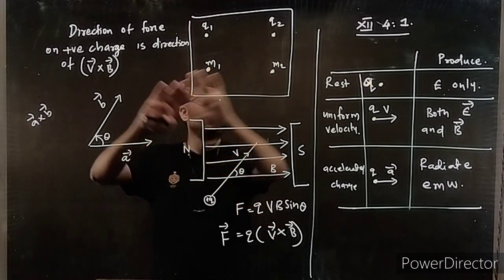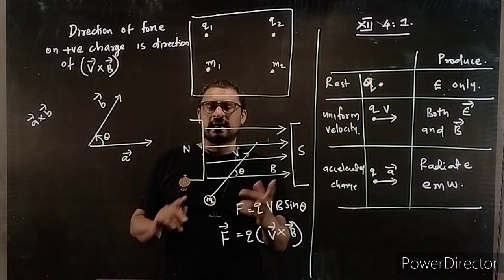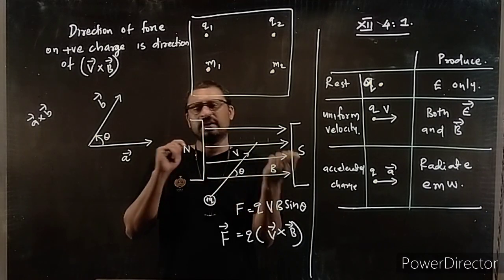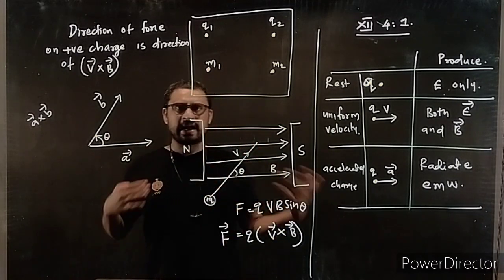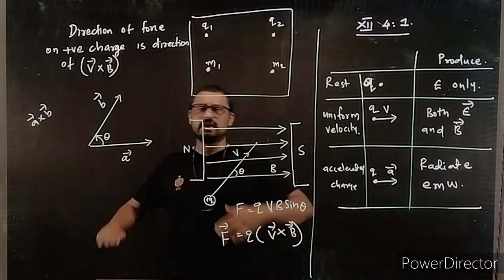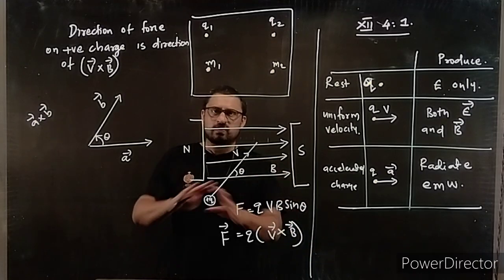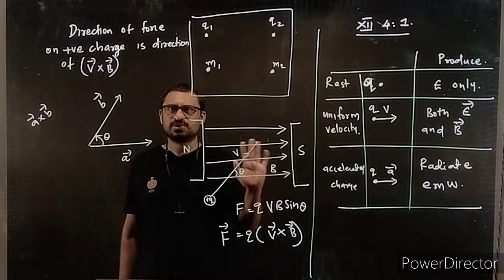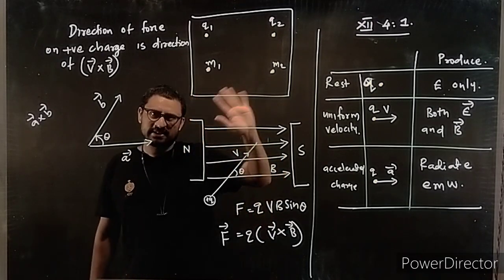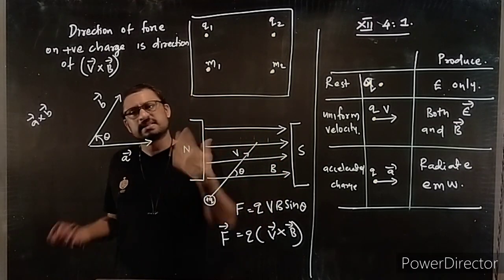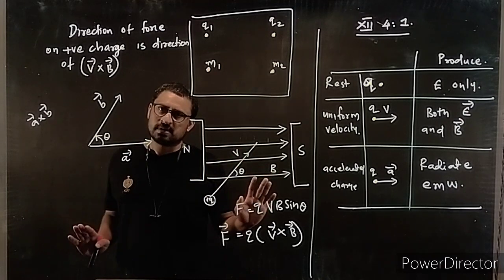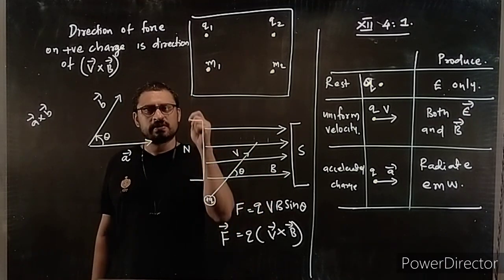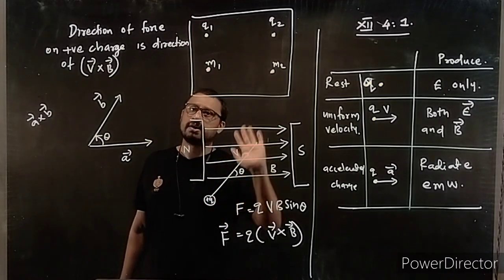Why? Because I'm writing it on a glass and taking the flipping concept, or I'm inverting it. So my right will turn to left and my left will turn to right while I'm making video. So I have to use right hand as usual. So I'm using my right hand, but you will be seeing it as left hand, but the answer will be correct. But when you are using in your exam, or when you are using with your studies, you have to use your right hand only.